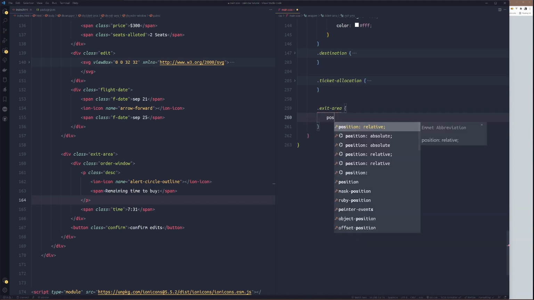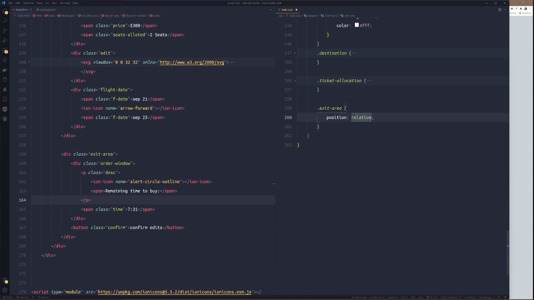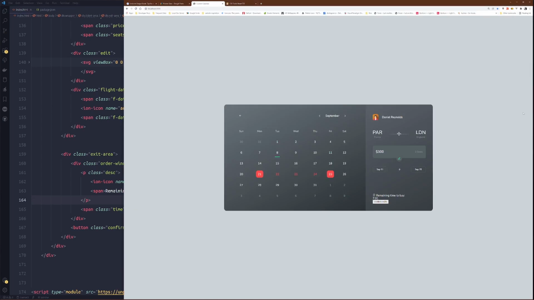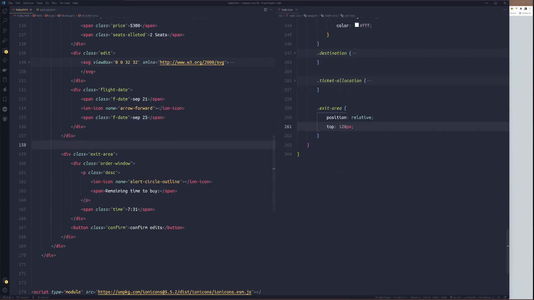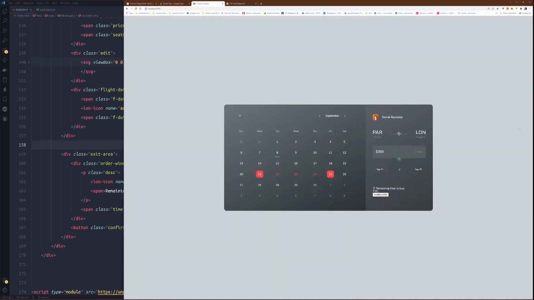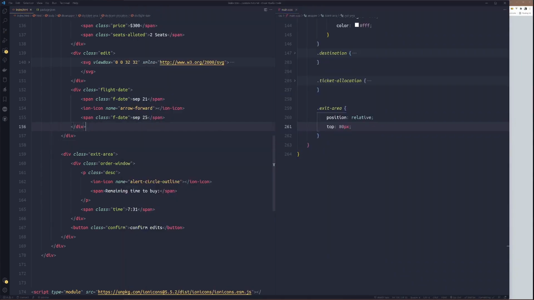Then we'll set position to relative. Push amount top could be 120 pixel. We'll leave them first. We need to push them again.